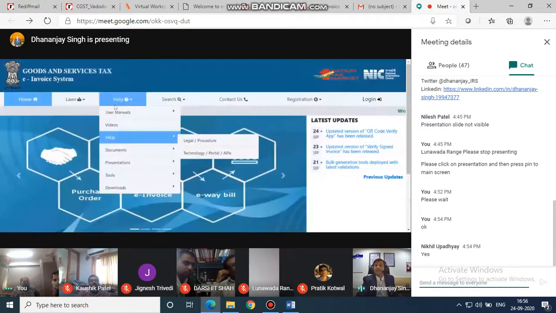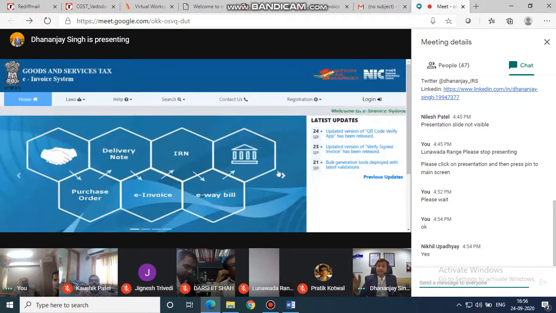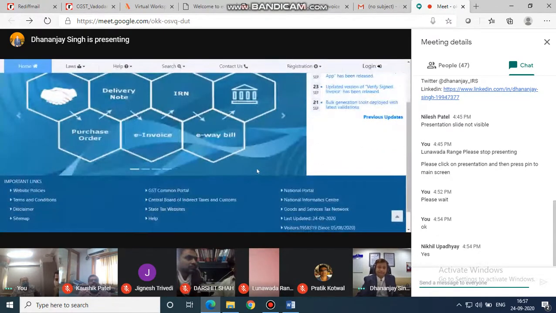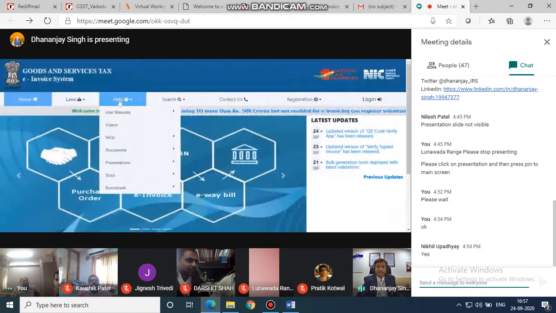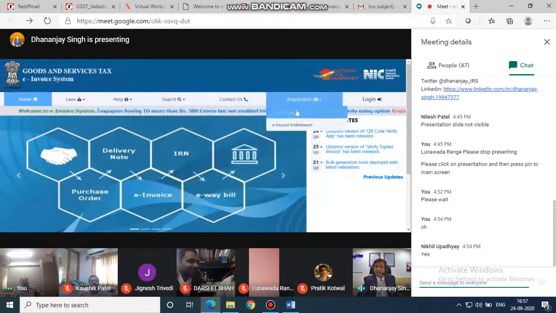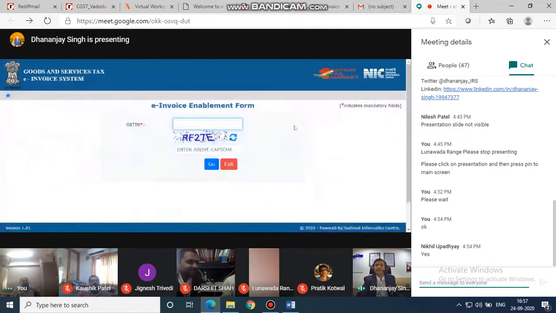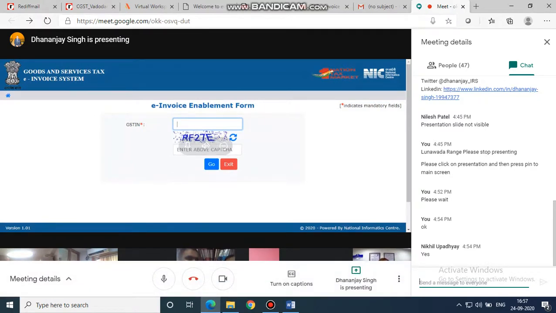They'll have the authority that they have the proper app to confirm the authenticity of the electronic invoice that they receive in the value chain. So other important things which need to be highlighted are e-invoice enablement. This is very important. E-invoice enablement is another facility which is given by the NIC on the e-invoice registration portal, which enables the GSTINs who